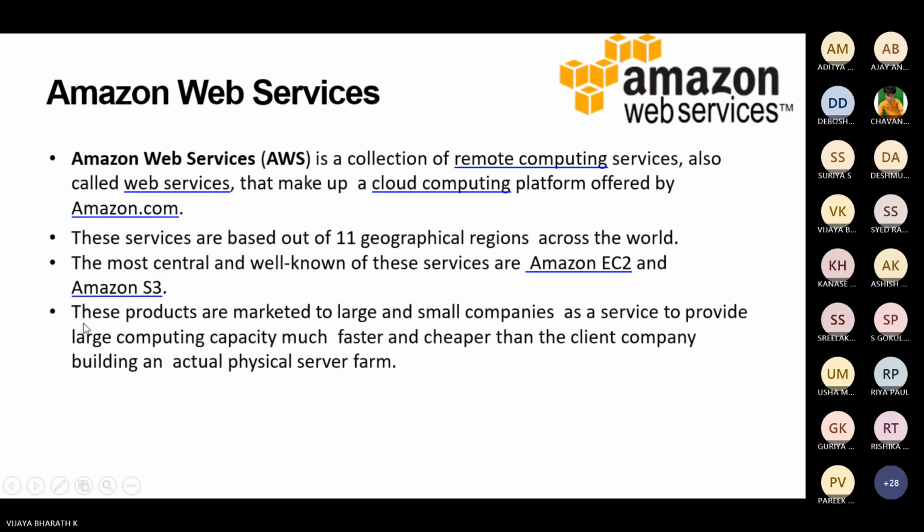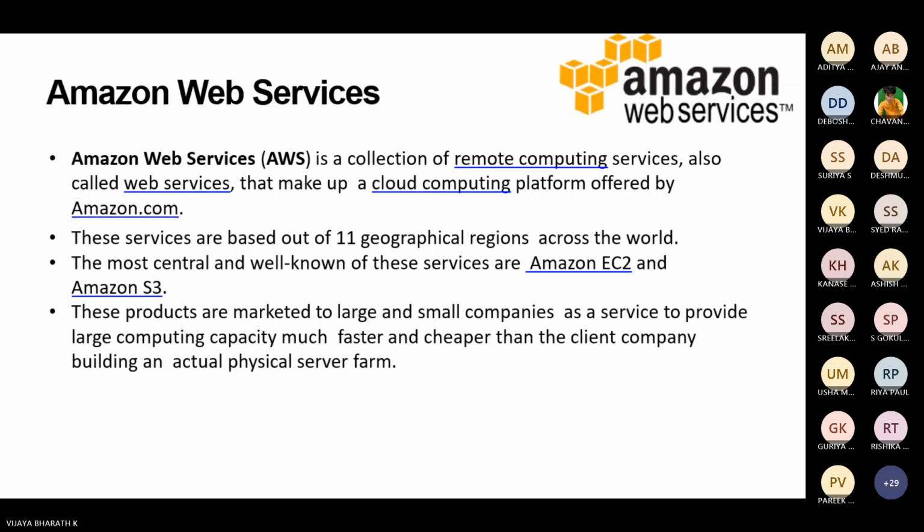So we all know what is AWS, and when it comes to IaaS, that is infrastructure as a service, we pretty much concentrate on AWS. They provide a lot of remote services, also called web services. So web-based virtualization is given to you through a website, that is Amazon.com. They are based out of 11 geographical regions across the world. Now it has still increased, and